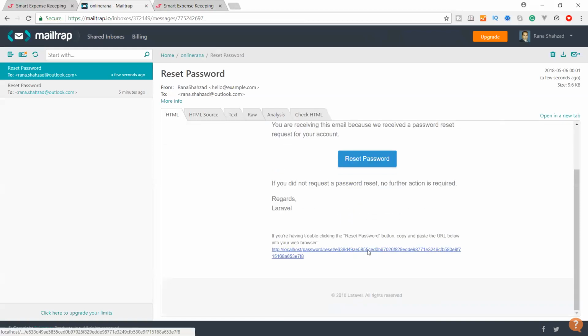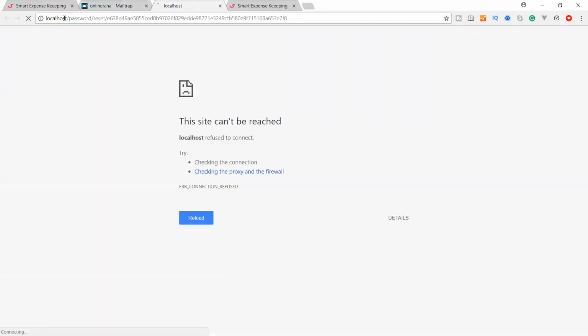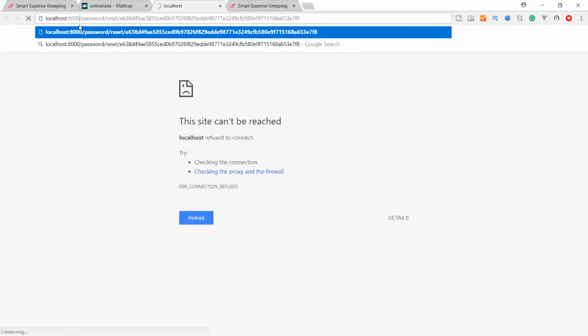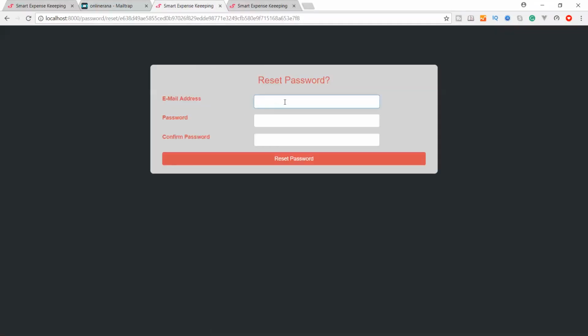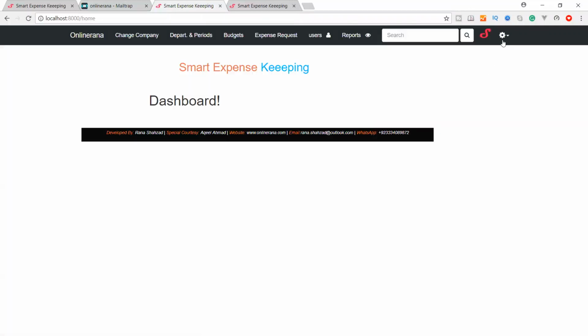Click the link and give the port number, colon 8000, and it will take you to the form. And now I'm going back to 1 2 3 4 5 6, confirm 1 2 3 4 5 6, reset password. Great, the password is changed.